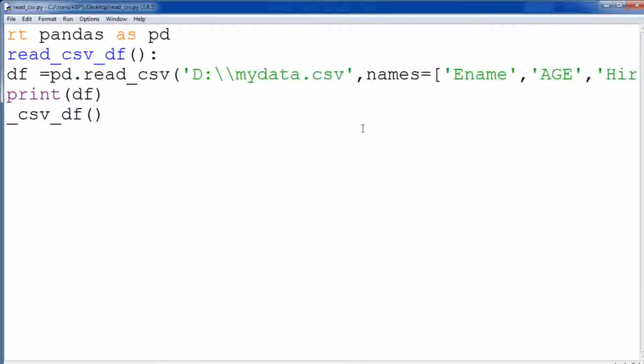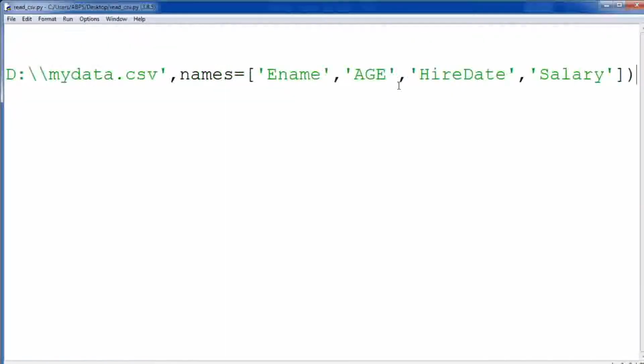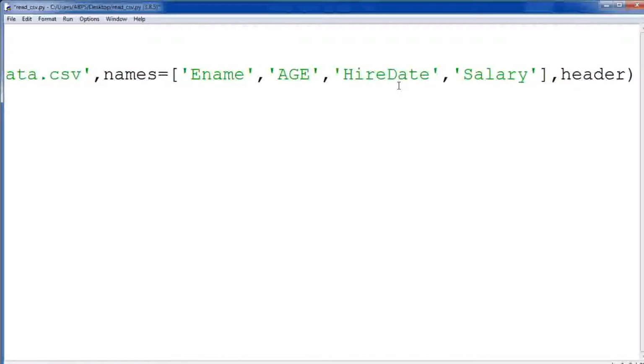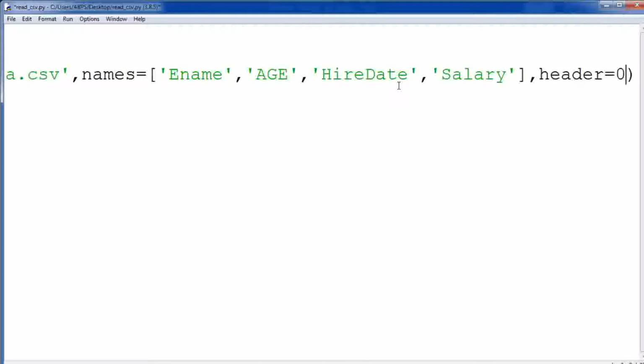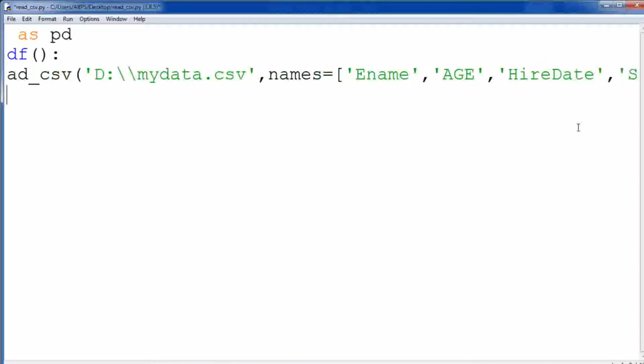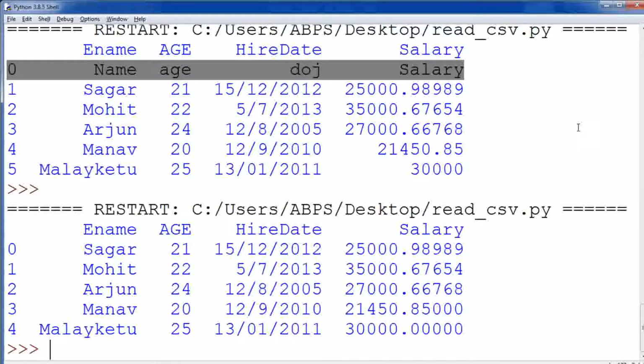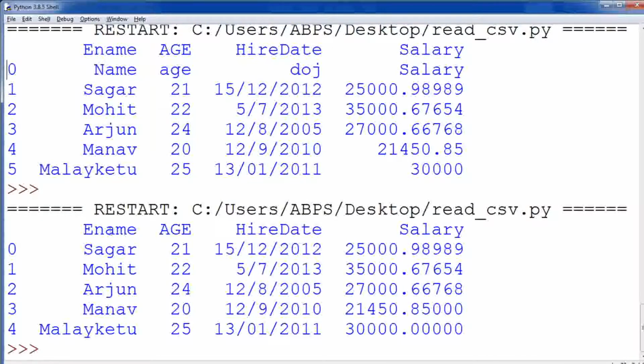Simply go to your code and use a comma, header equal to 0. Now these are our column names, we have changed them, but the header will be considered as row 0, the first row. So it won't be available in your output, but it will be considered as the header. See, so this header is eliminated and you can see the output here as per our requirement.